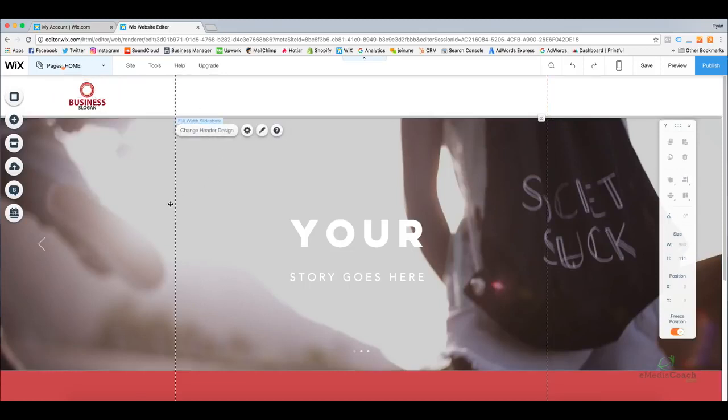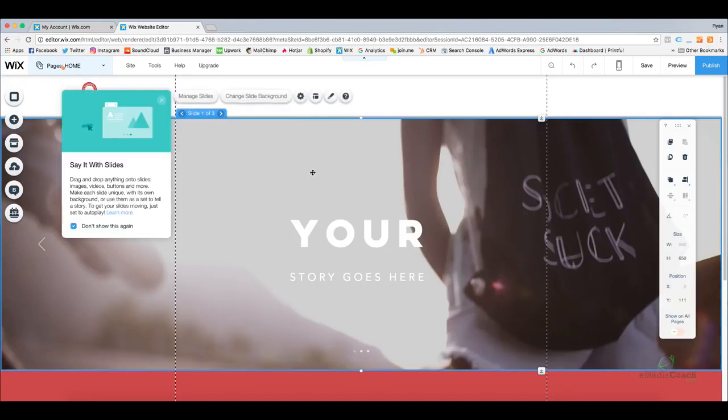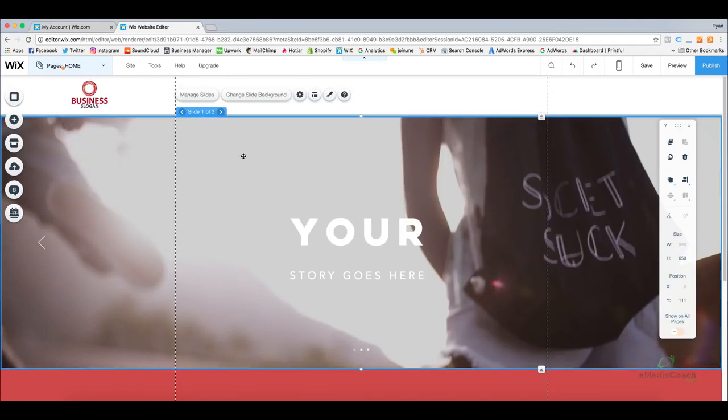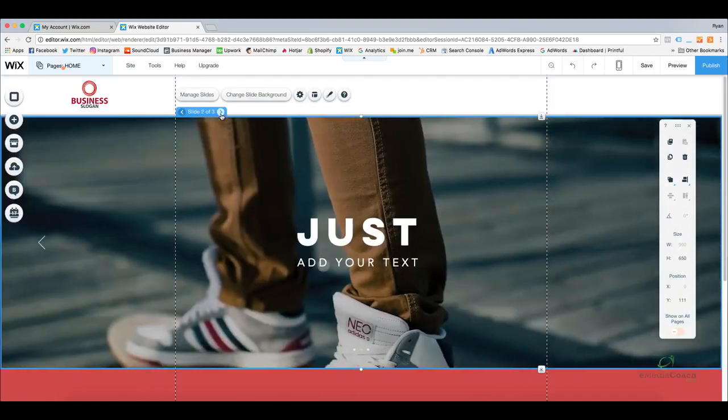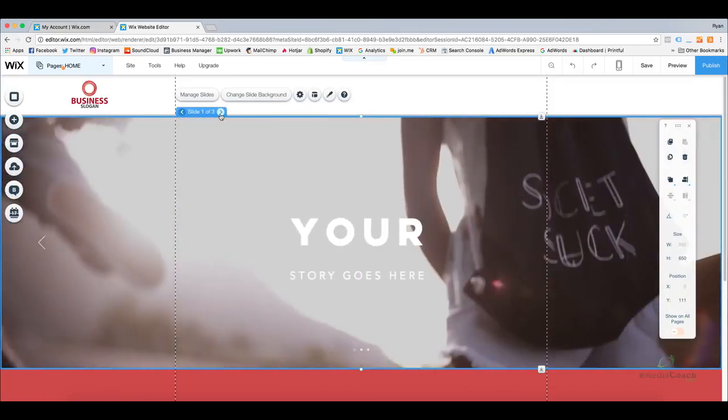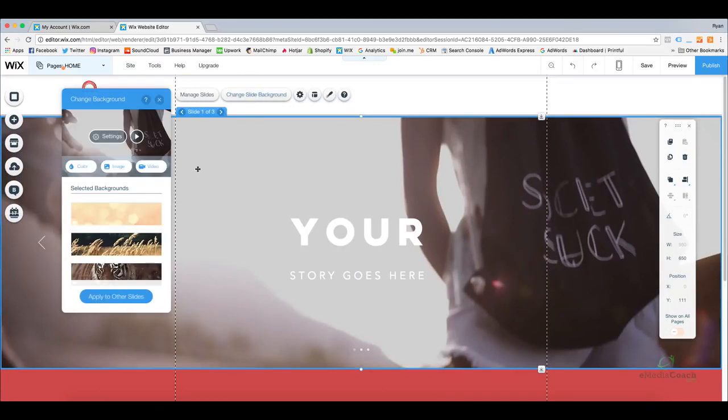So we've got our logo in the top corner now, and that's looking good. So maybe we want to go down to our slideshow here, and maybe we want to change some of the images. So we can do that by going and clicking on our slideshow, and you'll see there's these arrows at the top of your slideshow, and you can navigate through those, and that's going to take you to different slides that you have already. So we're going to want to go and change slide background up here,